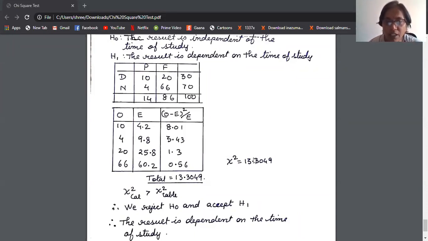Okay, I'll repeat this again. If our value lies in between the two values that are given to you, then at one level we will accept H naught, and at the other level we will reject H naught. So for both the levels, you have to write two different answers. Take the 0.05 level, write down the answer. Then take the 0.01 level, write down the answer. You have to write the answer separately for both of them.